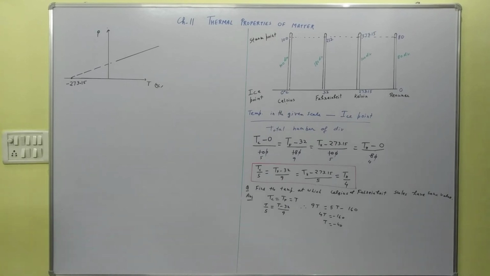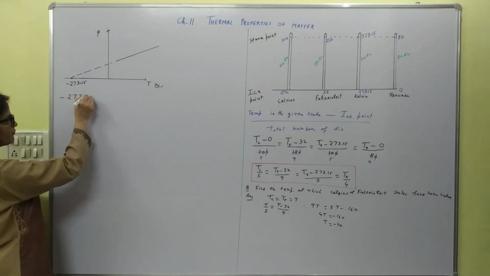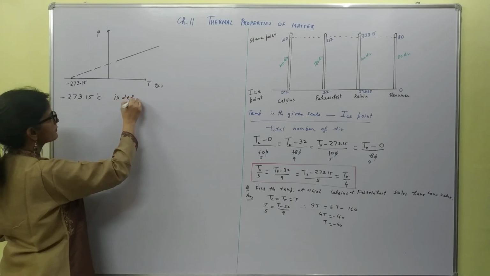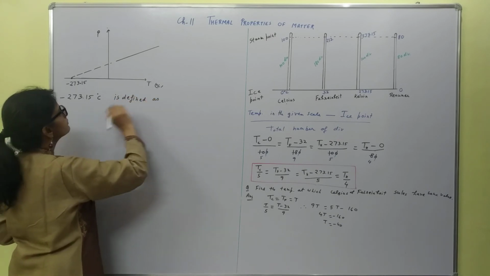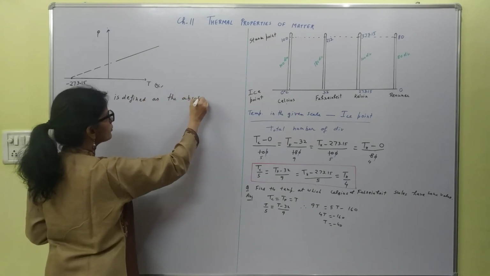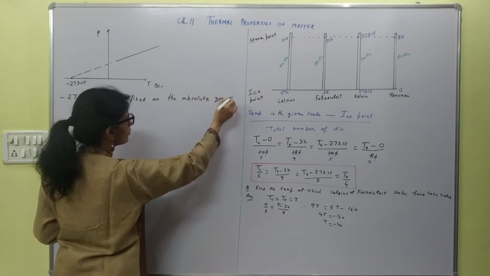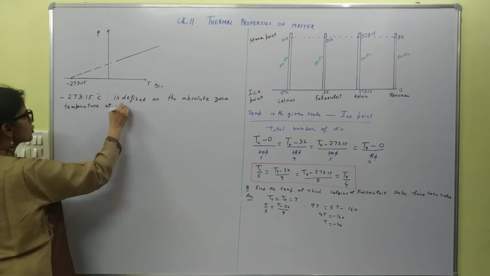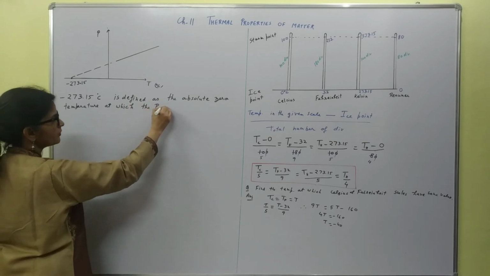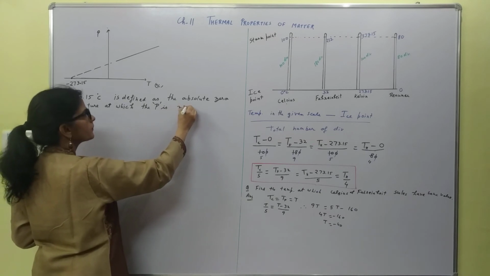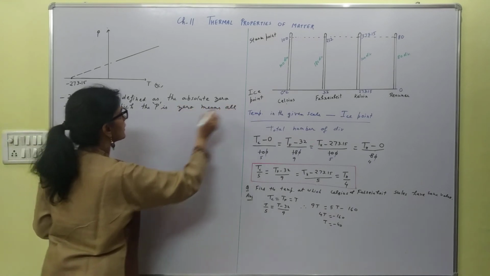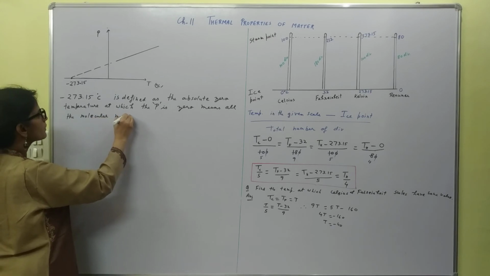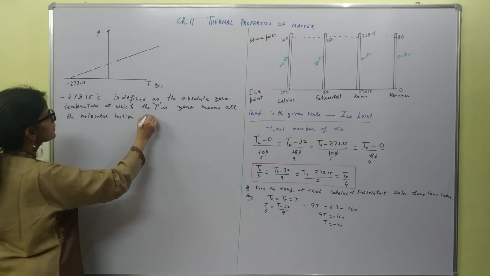So this temperature of minus 273.15 degrees Celsius is defined as absolute zero temperature, at which the pressure is 0, means all the molecular motion stops,